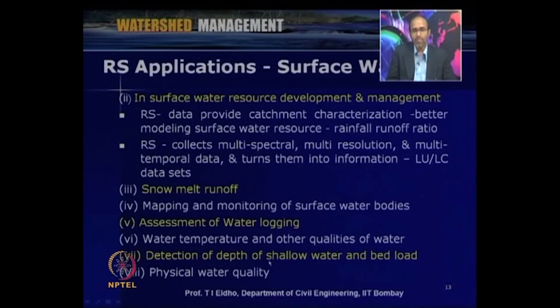Then there is detection of the depth of shallow water and bed load also. Nowadays, with modern remote sensing techniques, we can obtain how much bed load is taking place in a particular river, and the depth of shallow water. And then another area is whether a particular river, lake or pond is polluted, that also with